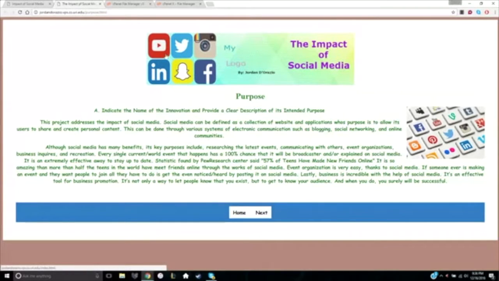I made this through Pixlr, and I basically got a very nice background color like so, and then I copied and pasted a picture on it, and then I filled all this in with writing, which was very easy to do because you make text boxes and fill them with your words. And right here is just a picture of very popular social media apps that I found on Google and copy and pasted into my HTML coding folder, and it popped up on my page once I saved it. Now, the first one is to indicate the name of your innovation and provide a clear description of your intended